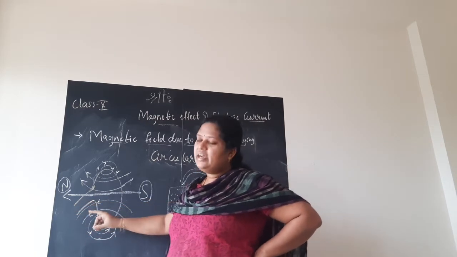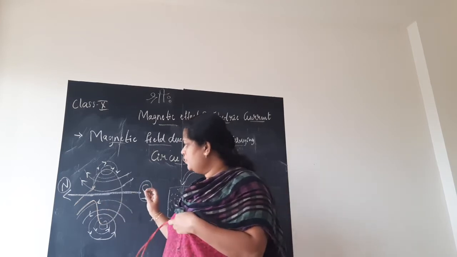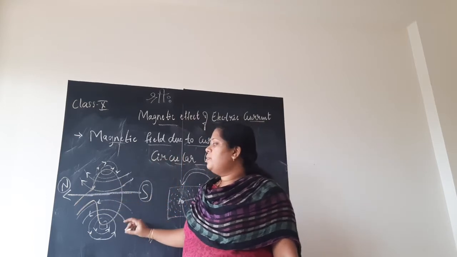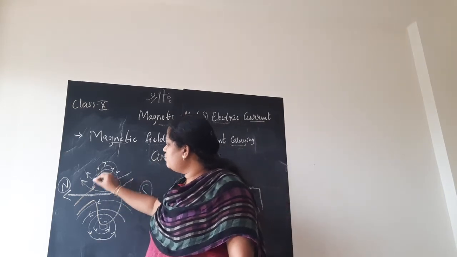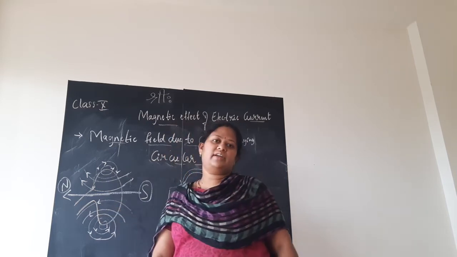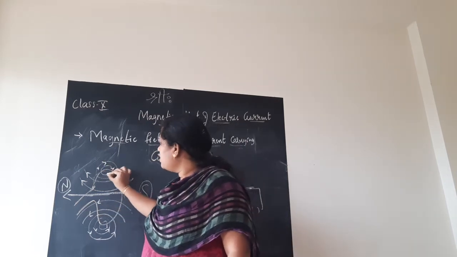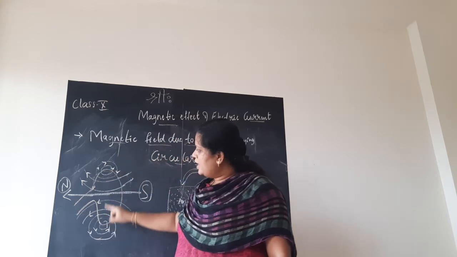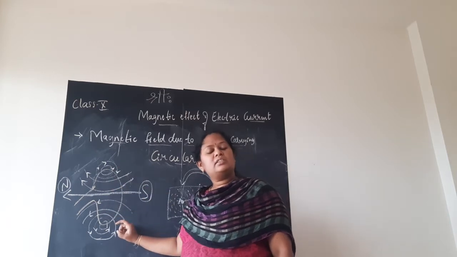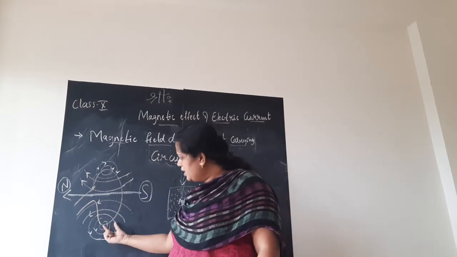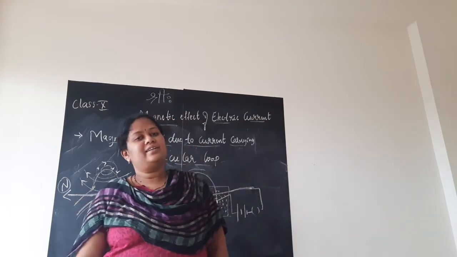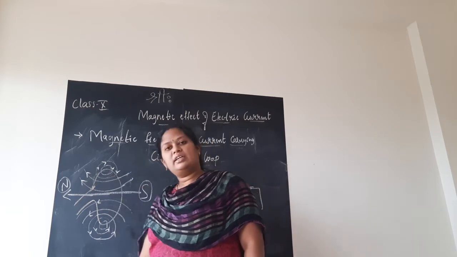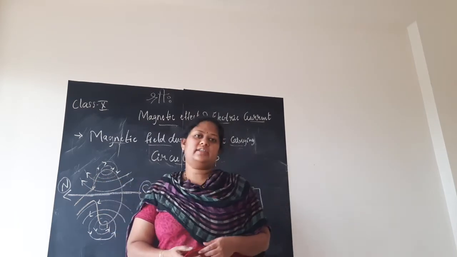So if you bend the wire as a circular loop also, it acts as a current carrying circular loop. When current is passed through the wire, as I said, each part of the wire will act as a current carrying straight conductor. Means it is producing magnetic field lines in the form of concentric circles only. At both the loops, can you see the concentric circles drawn here on the board? Yes. Why does each part act as a current carrying conductor, children? So it will arrange itself in the form of concentric circles. You can see the concentric circles.